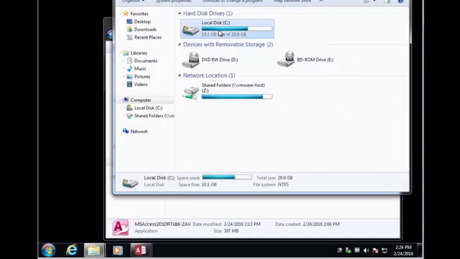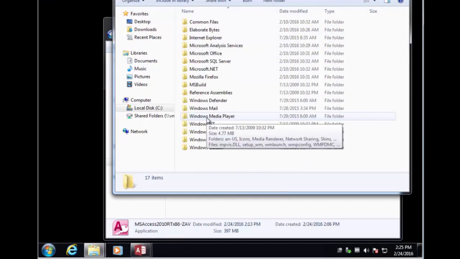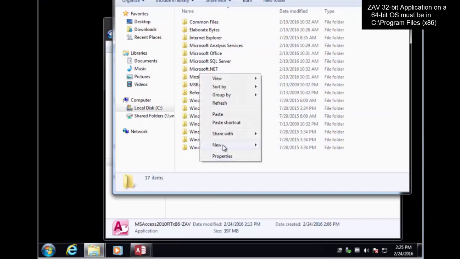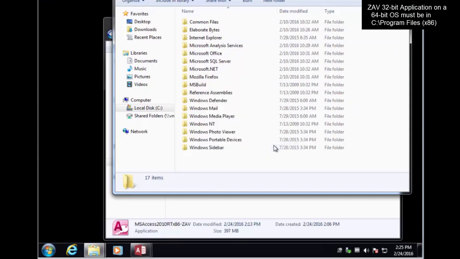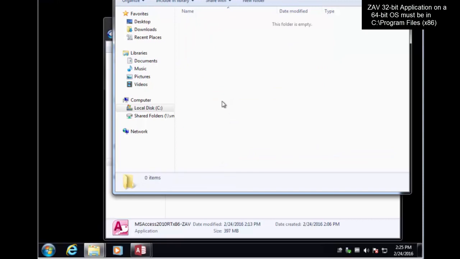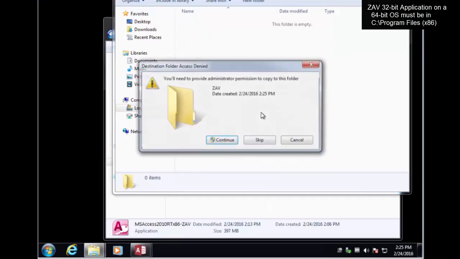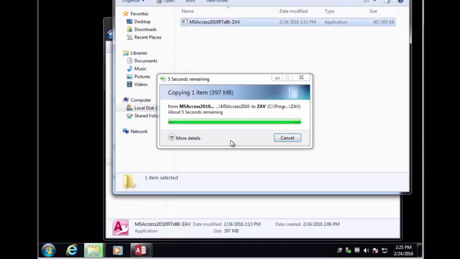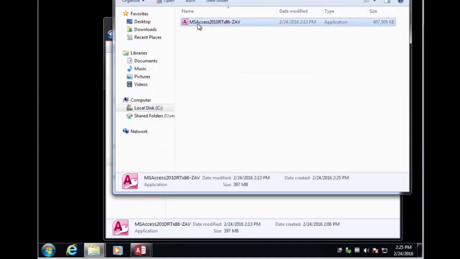Since we created this on a 32-bit OS, and it's a 32-bit application, we want to put it in C program files x86. We're going to create a new folder called ZAV. We're going to drop that file in there. Now it will run from this location. If we create a shortcut,